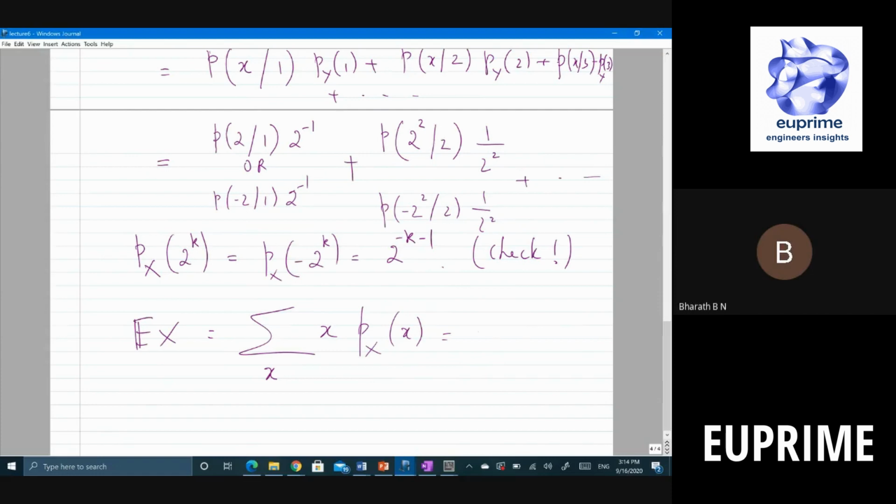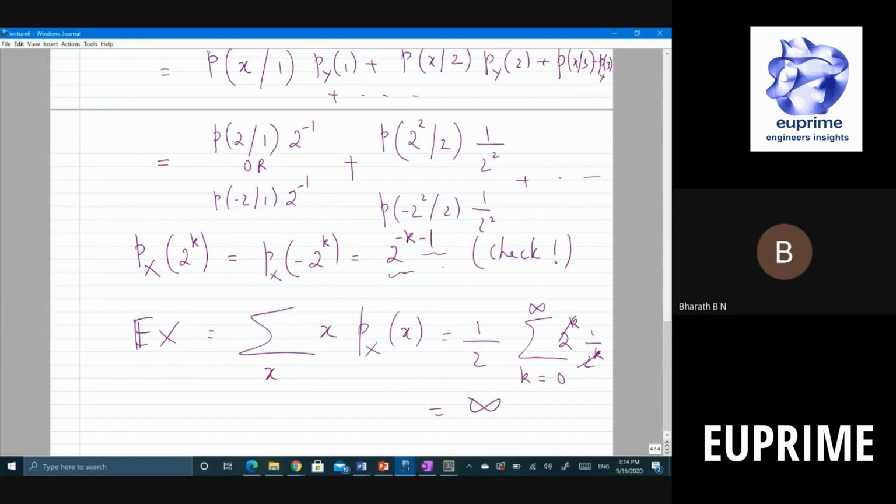You have 1 by 2 because of the minus 1, there will be 1 by 2. Summed over all x, I will write it in terms of k, k equal to 0 to infinity. X can take a 2 power k kind of term, and then you have 1 by 2 power k, because 2 power minus k is here. So they cancel and you get infinity,